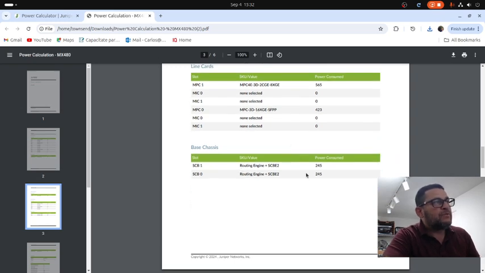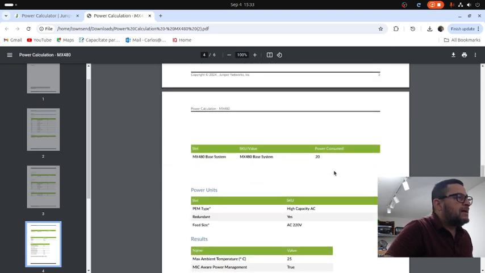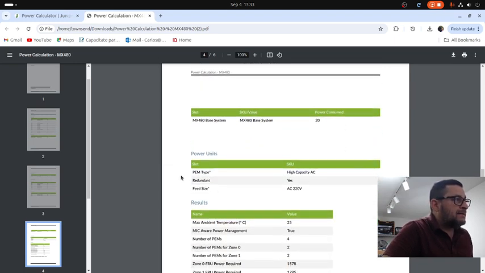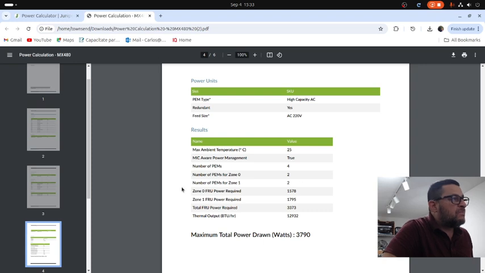And then we have 2 routing engines, for which the total amount of power is 245 on each switch control board. This includes the routing engine, of course. So that is the document right here, guys. Look at that, PEM, power supply high capacity, redundant, yes. And then there is some more information regarding that. The maximum total power draw is at